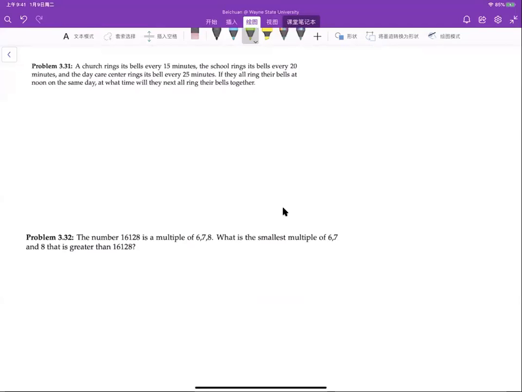The school rings its bells every 20 minutes, and the daycare center rings its bells every 25 minutes. So if they all ring their bells at noon on the same day, at what time will they next all ring their bells together? Actually, the first step is to extract the mathematical